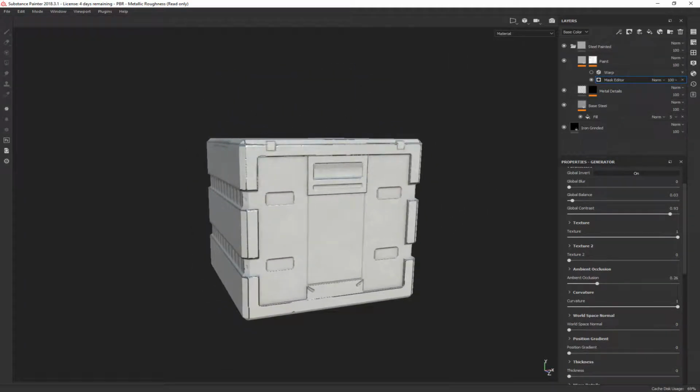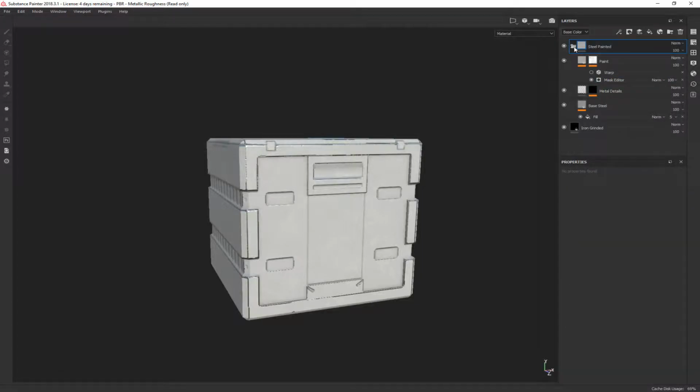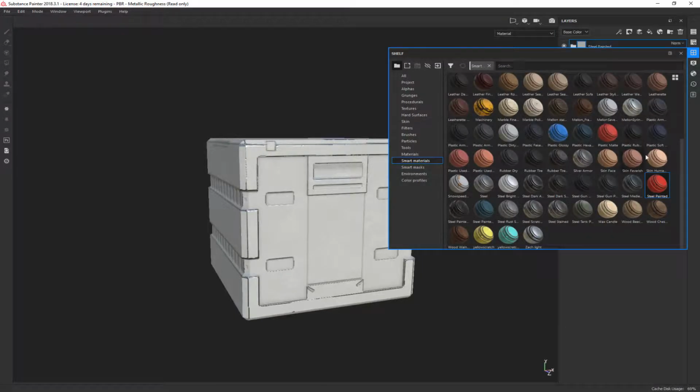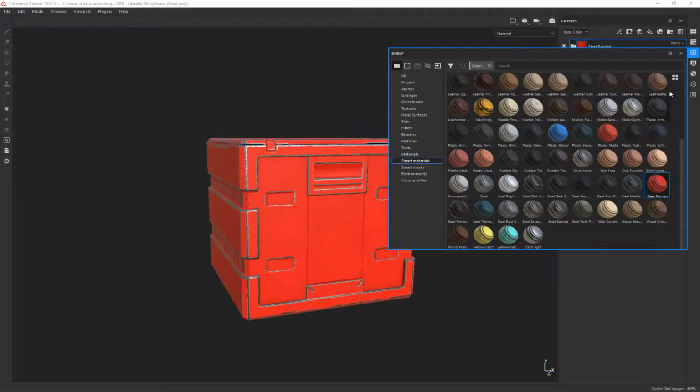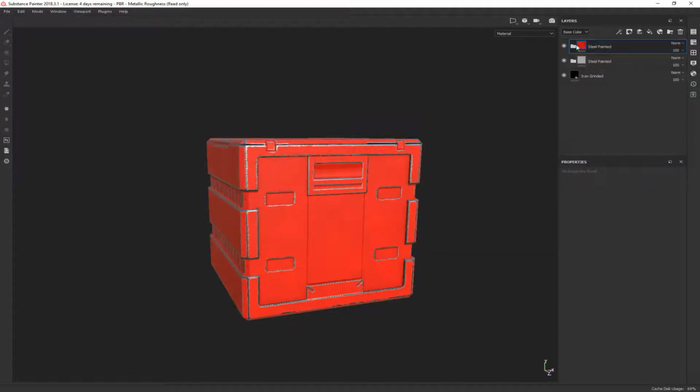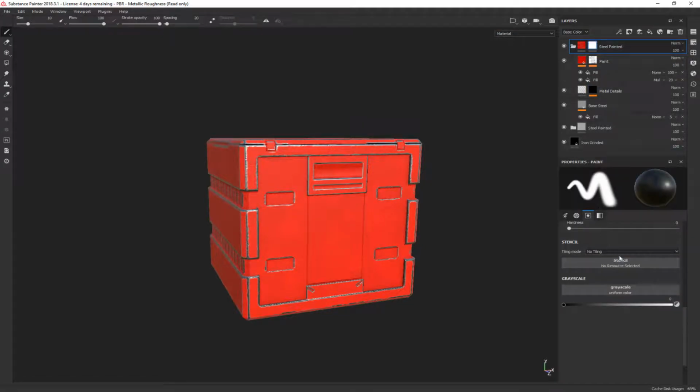Okay, so next thing I need to do is the red. So I have this. I could either just duplicate this one or I could throw another red one on here. In this case, I want the red and everything inside of it to only be on certain areas. So I'm going to leave the red up here, go to the white, add a white mask, make sure I'm on black,